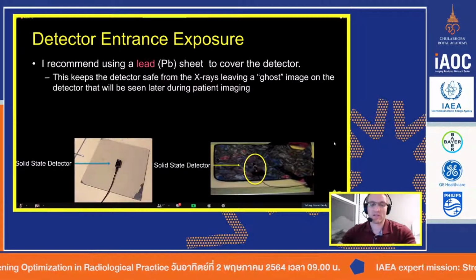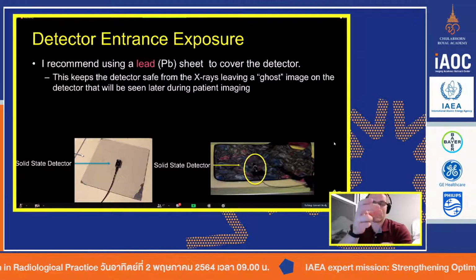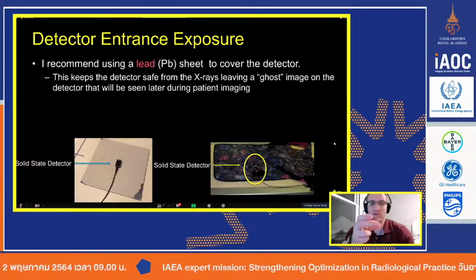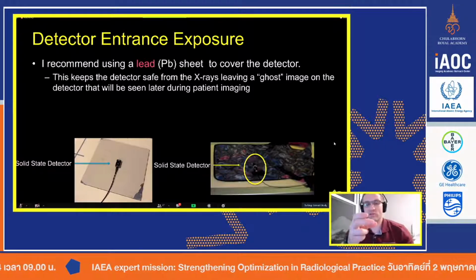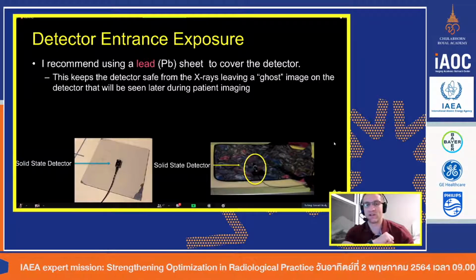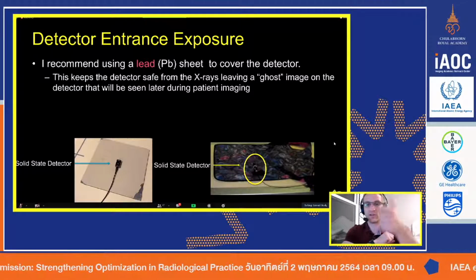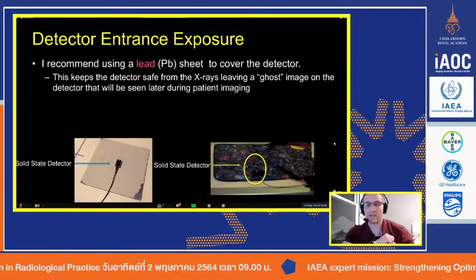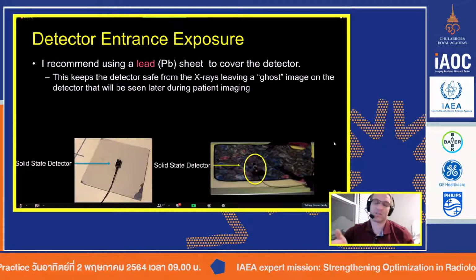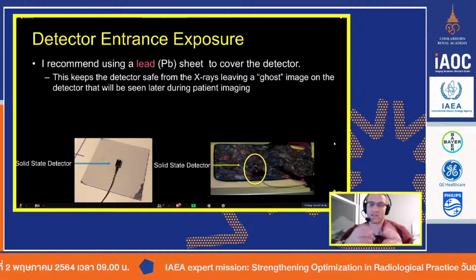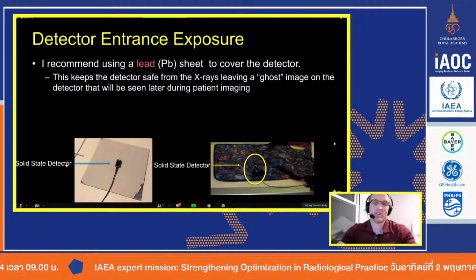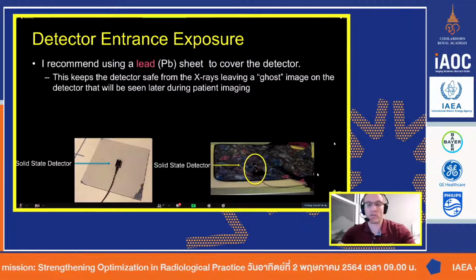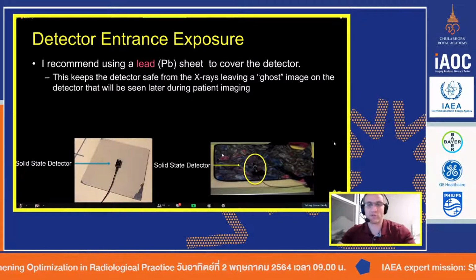If you're exposing a rather high attenuating object, so in this case, a solid state detector, the detector will see the picture of that probe, that detector, in the reconstructed image. And if you use a high enough exposure, when you take that solid state detector off and you expose again, you might see a ghost or a latent image of that detector. Obviously, you don't want that, because you don't want to see a little square detector in the picture of the next patient that comes and gets x-rayed. So placing lead over the detector is a very good way to protect it